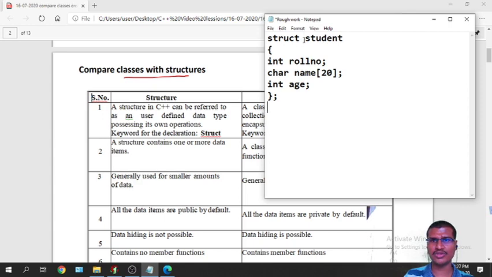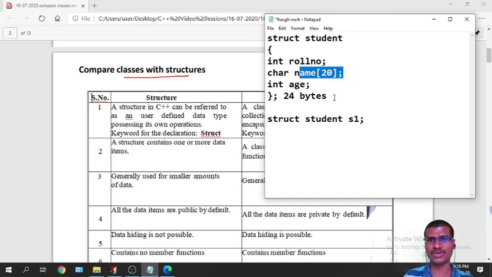Whenever you create the struct, how will you create the variable for the struct? Generally we will use struct student s1. Then for this s1, the memory allocated is, for example if an integer takes 2 bytes, then this is 2 bytes, this is 20 to 22, and this is also 2, 22 to 24 bytes. Total 24 bytes are allocated for this struct. But the same thing, if you are using union, then it will take the maximum. So what is the maximum? 20 bytes. 20 bytes only allocated. So that is the difference between structure and union.